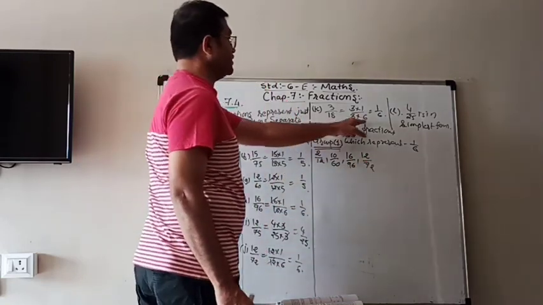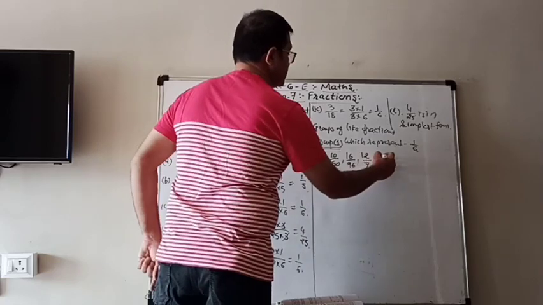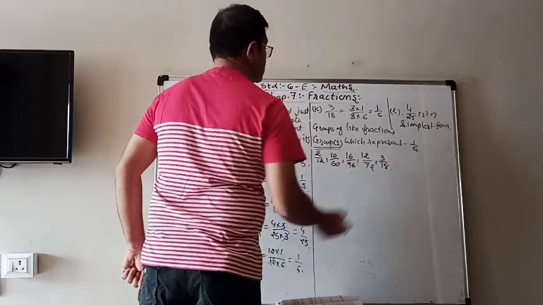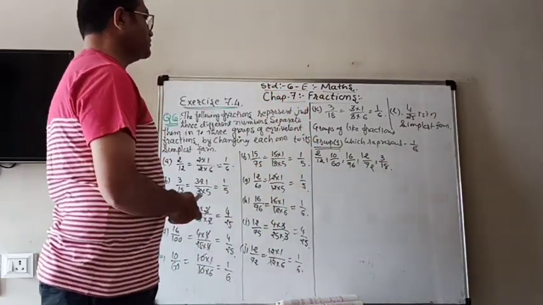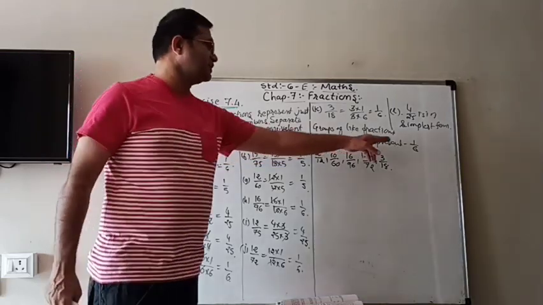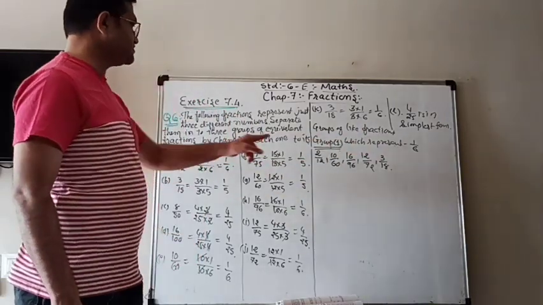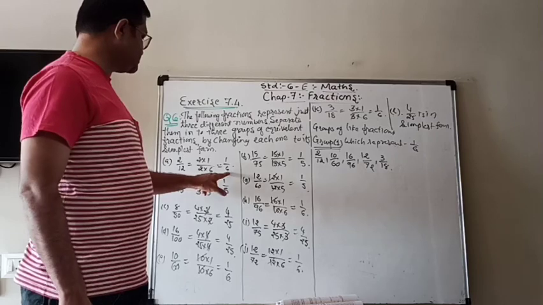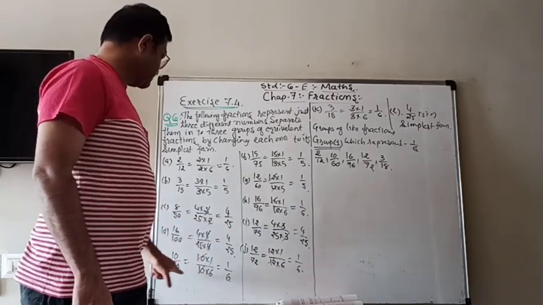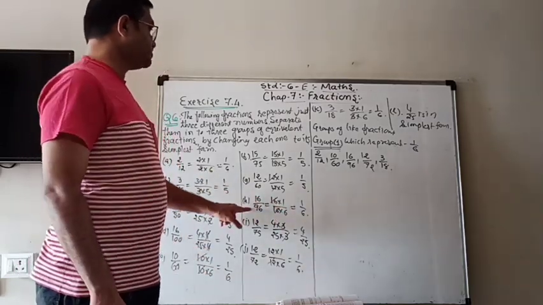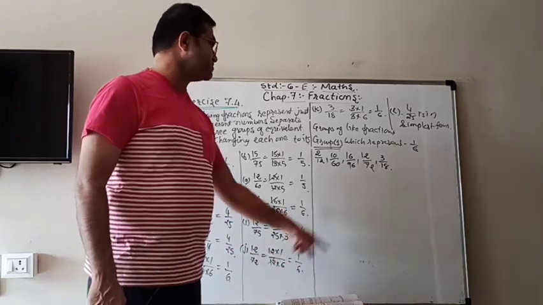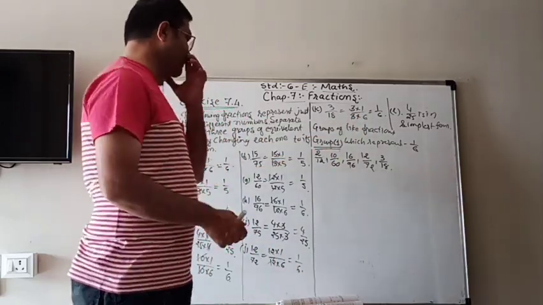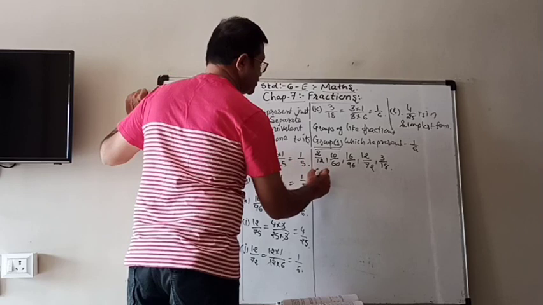And this side one more here, 3 upon 18. So this group 1, which represents 1 by 6, has these numbers: 2 by 12 because its simplest form is 1 by 6, 10 by 60, 16 upon 96, 12 upon 72 and 3 upon 18. Now we will make group 2